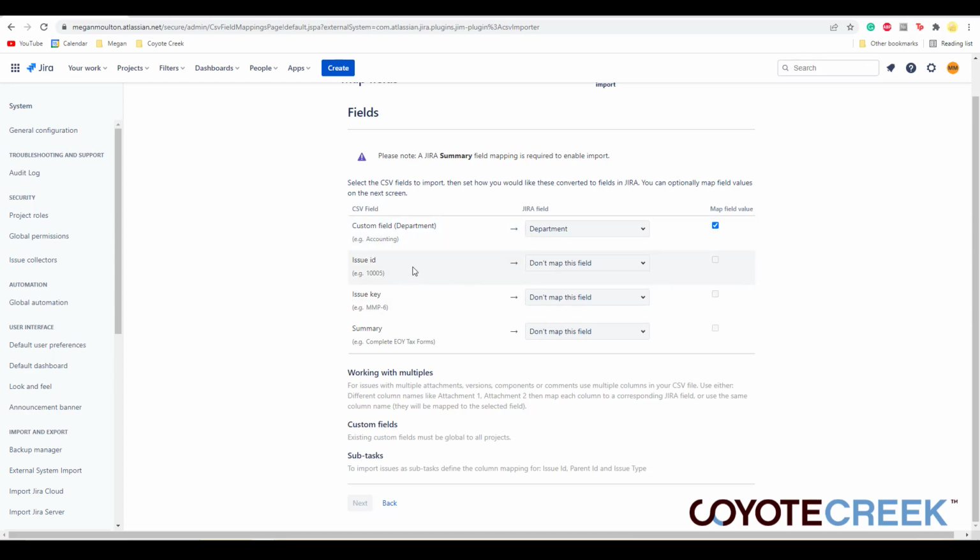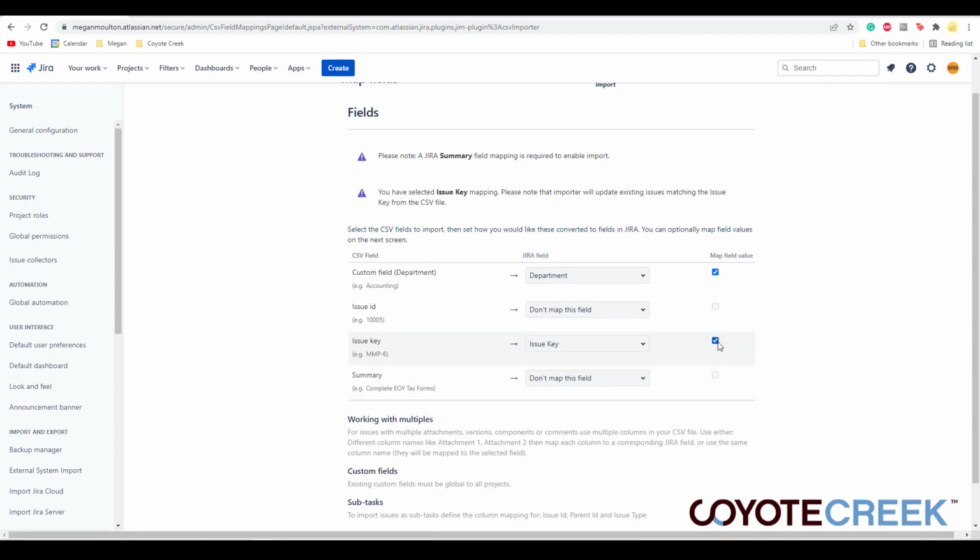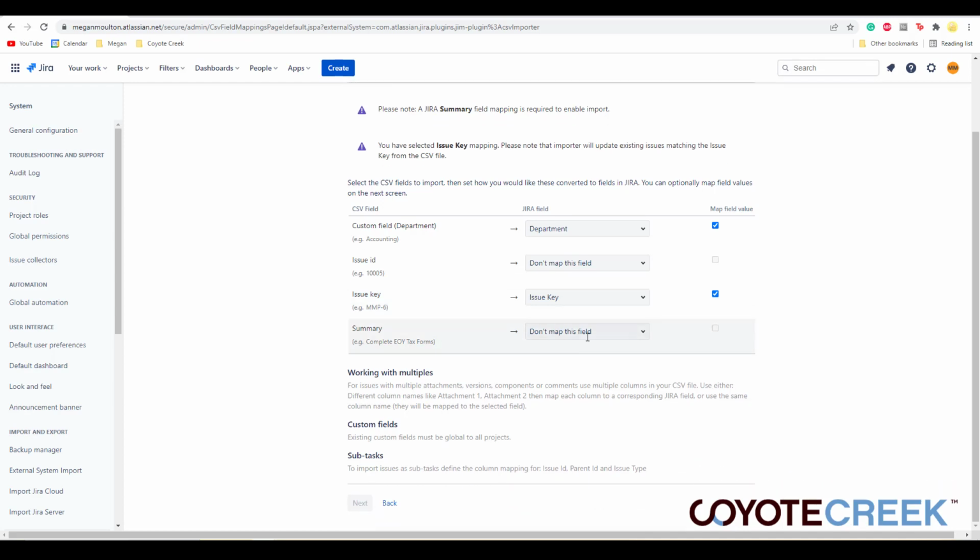I'm going to go down to Issue ID, and I'm going to skip this field and leave it empty. For Issue Key, I'm going to choose the Issue Key option, which is under Issue Fields, and then I'm going to select Map Field Value. Once again, if you do not have this field, you will create new tickets, not update tickets. And finally, in order to proceed at all at this window, you're going to have Summary checked. Here, I'm going to go ahead under Issue Field, select Summary, and check this box to import. By hitting Next,